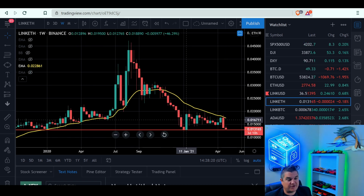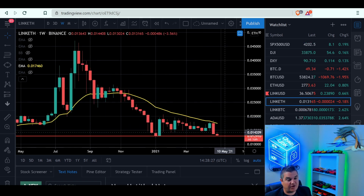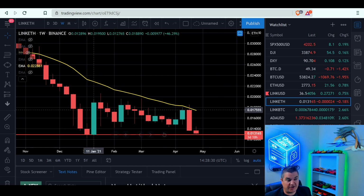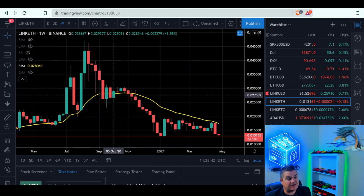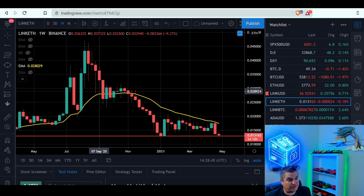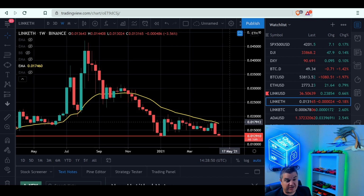This was a 46% move up to the upside in 1 week against Ethereum back in here. So our first sign, just letting you know how fast that can move. And I would anticipate something like this whenever we do decide to start moving back up. But our first resistance line will be the 21-week EMA, which we've been below going back, we first broke through it back in September. So once we get back above this and hold it as support, like we are doing with Bitcoin, the Link Bitcoin valuation right now,